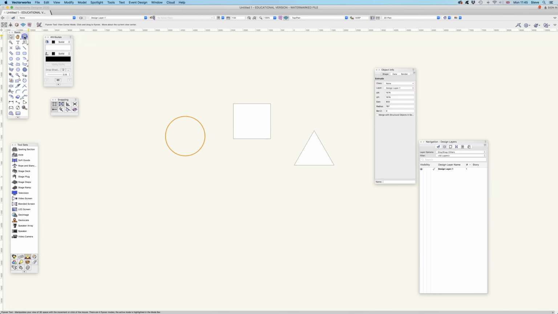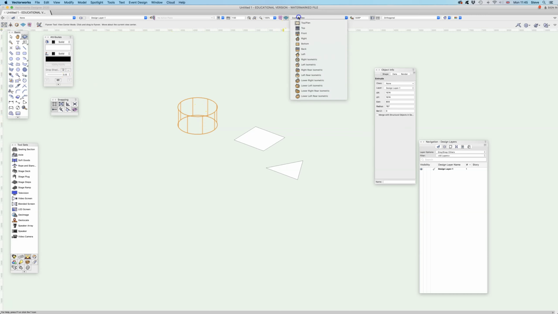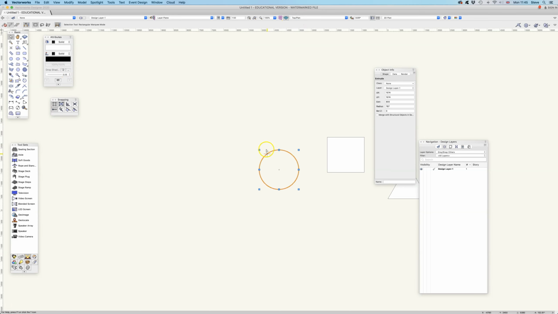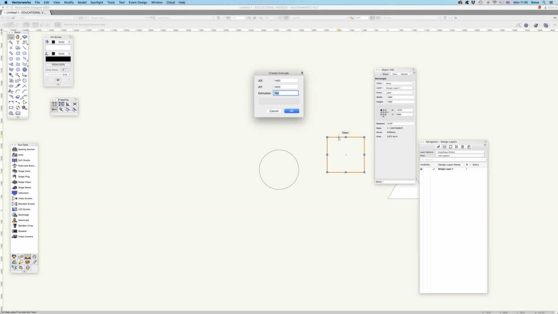Anyway, just grabbing this for a second, if I choose the Flyover tool and click and drag the mouse, you can see that my circle has become a cylinder, and it was 800 high. Extrusion is 800. Likewise, if I do this rectangle here, and I extrude it just using the shortcut command E and return,